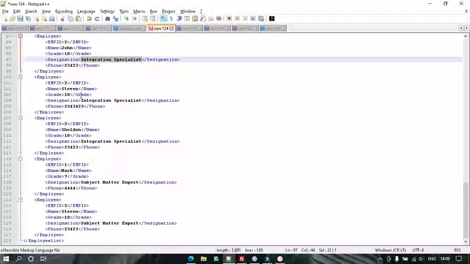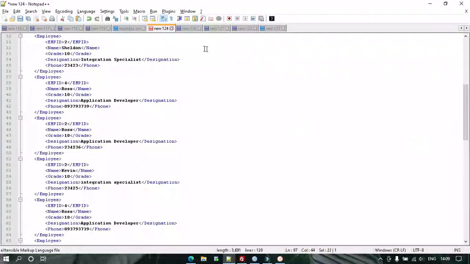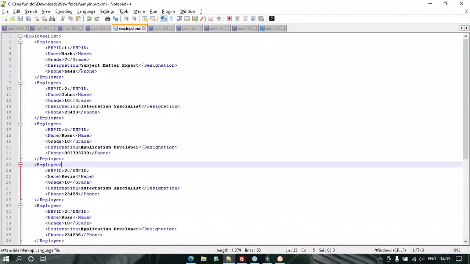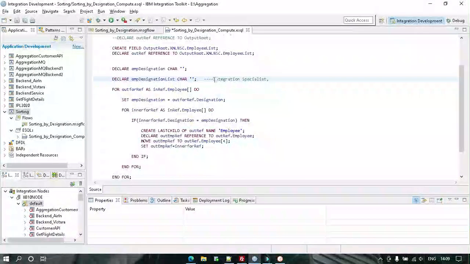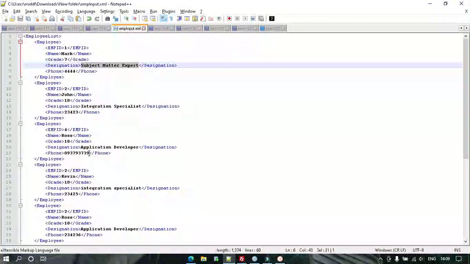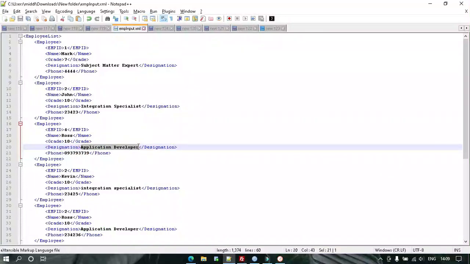Then it will check for subject matter expert, store it separated by comma, then application developer.